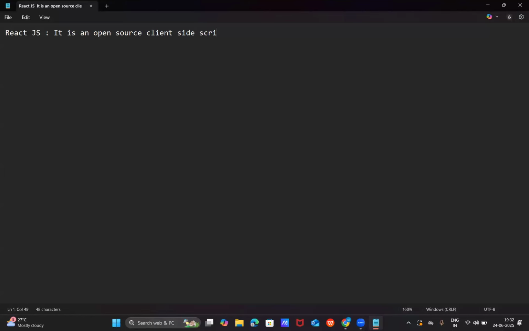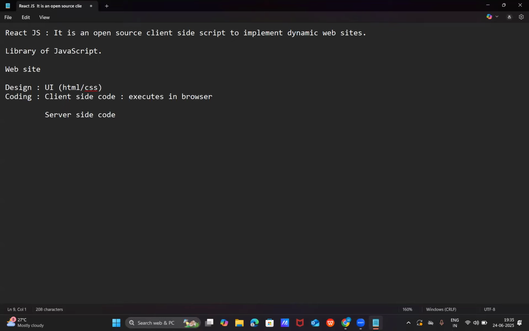What is client-side code? The code which executes in the browser. For example, if you implement any logics by using JavaScript and the next technologies based on JavaScript, like React,